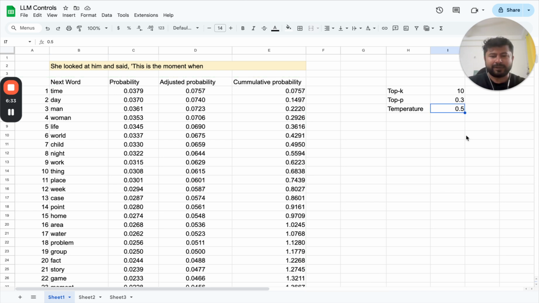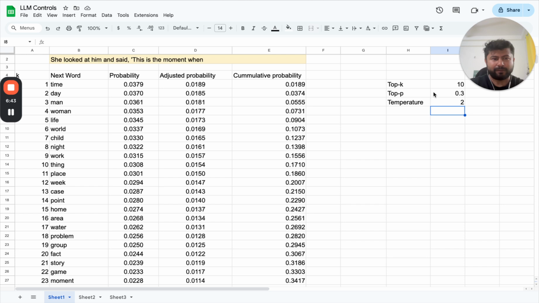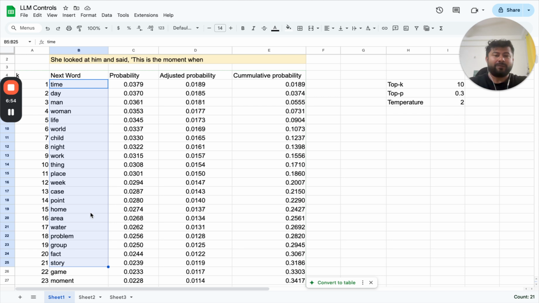In a similar example, if we increase the temperature, if I set it to 2, we have basically reduced the probabilities, and now the cutoff of top P, which is 0.3, is here. Earlier we were only asking the LLM to consider these 4 words. Now we are asking it to consider these 21 words. So you've increased the set of available words, effectively asking the LLM to be more creative. So a very simple rule: the lesser the temperature, the lesser the LLM creativity.